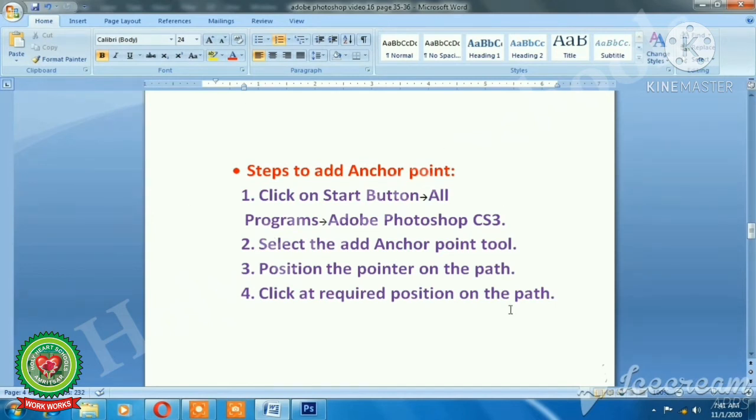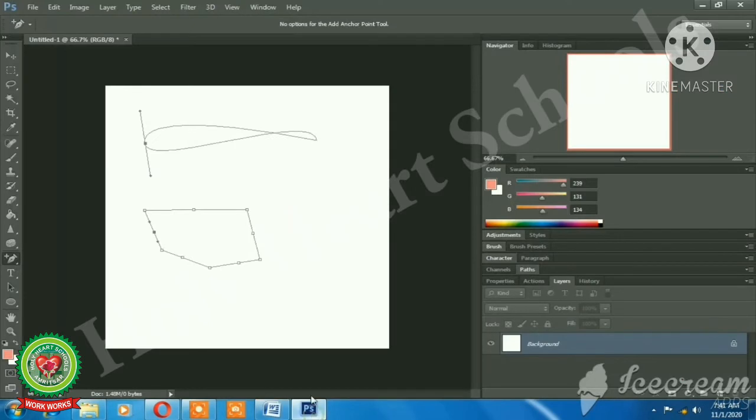In our shape, if we want to add anchor points, we can do it with the help of the next practical. I will open Adobe Photoshop. Now students, this is my shape. Now I want to add anchor points. For that I have the Add Anchor Point tool.